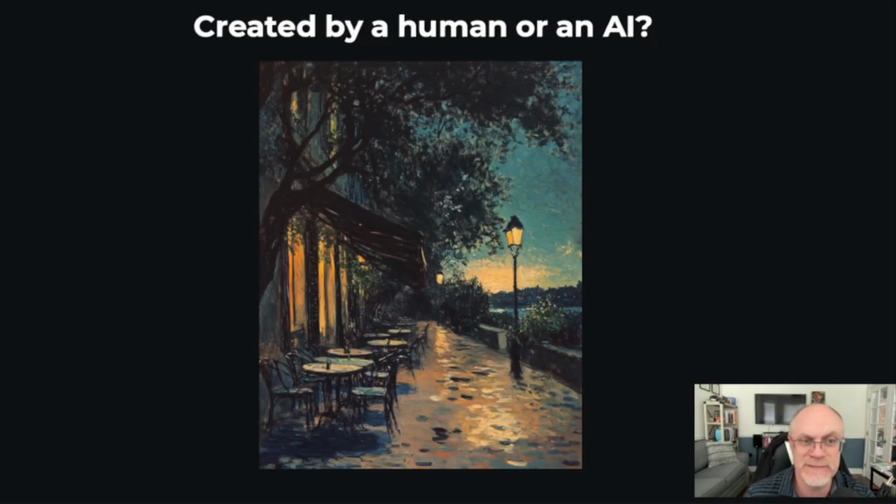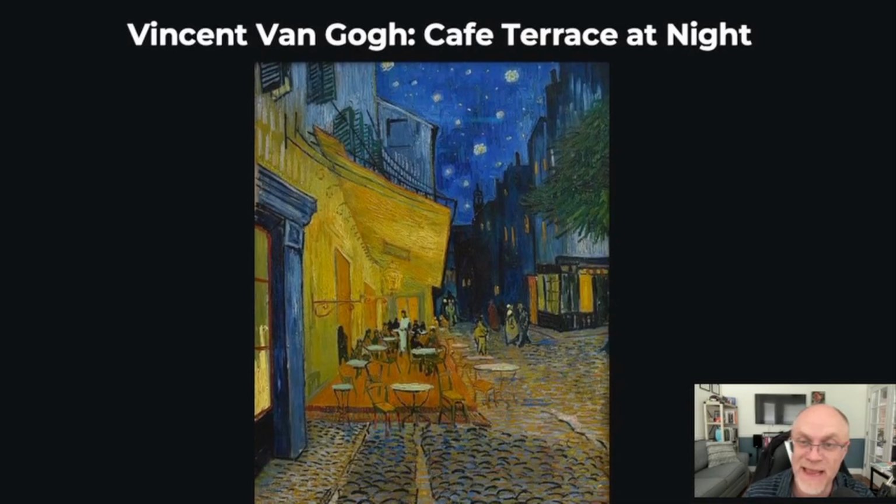This is a very nice work of art. I mean, I certainly enjoy it. So you're forming your opinion. Let me show you one other piece of artwork and then see if that changes your mind. This right here happens to be my favorite work of art. This is Vincent van Gogh, Cafe Terrace at Night. Probably most of you recognize the name, and this is, I think, an amazing work of art.